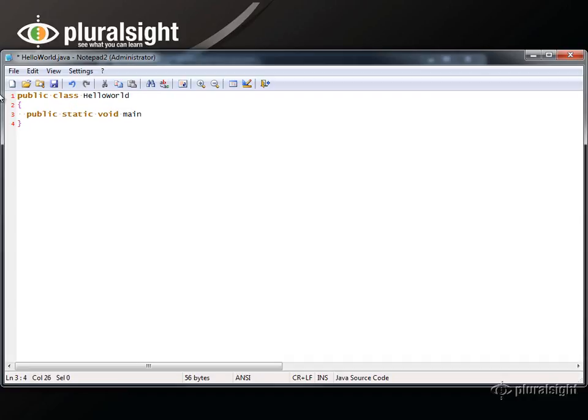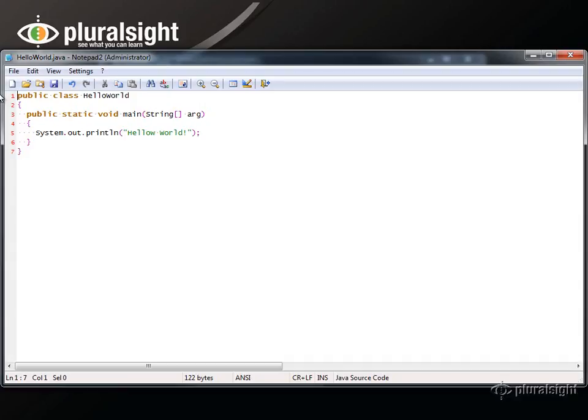If you are, then this is the method that you need to create. Don't worry if the syntax is not familiar to you. We're going to take an array of arguments. These are arguments that would get passed in from the command line. And then from inside here, we're going to do System.out.println("Hello World");